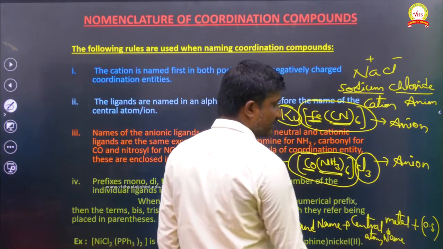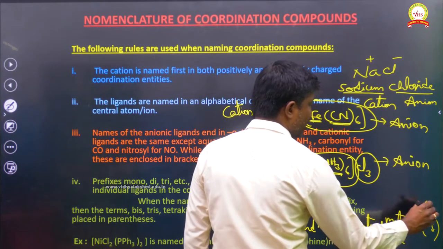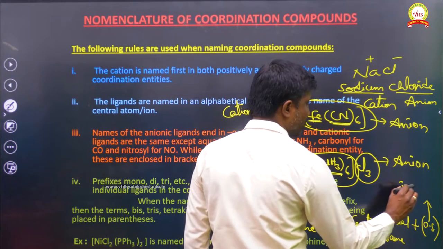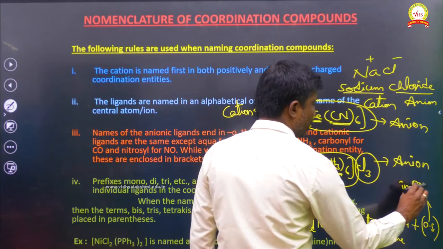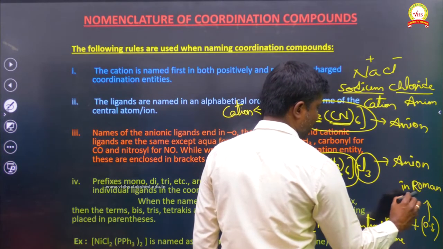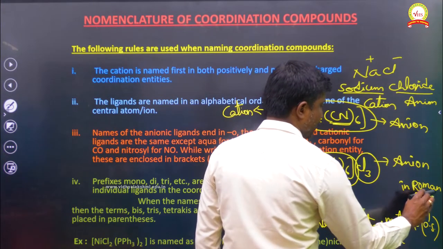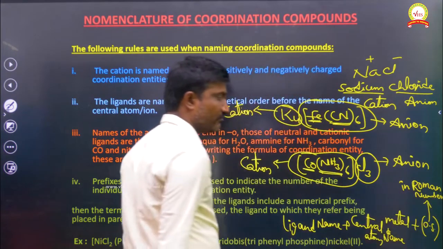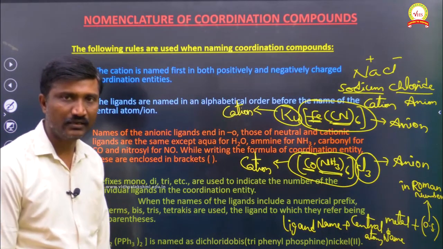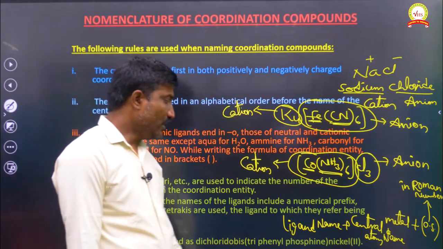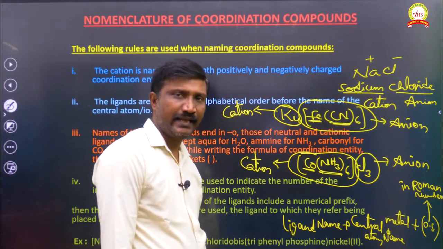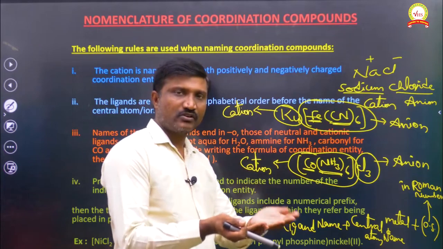Bracket means parenthesis, in Roman numerals. That oxidation state we should represent in Roman numerals, not +1, +2, +3. We have to write 1, 2, 3 as Roman numerals. Okay, now clear? Right. Now, when we are going to write down the ligand name, that complex compound may have